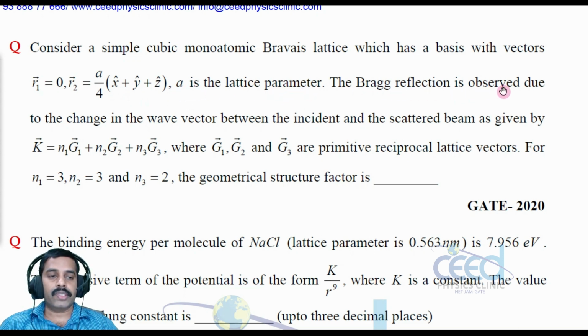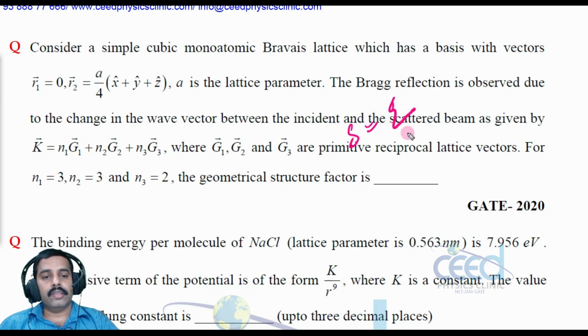The Bragg reflection is observed due to the change of the wave vector between the incident and scattered beam as given by k equal to n1 g1 plus n2 g2 plus n3 g3. Right. So g1, g2, g3 are the primitive reciprocal lattice vectors. For n1 equal to 3, n2 equal to 3, n3 equal to 2, the geometrical structure factor is. So the geometrical structure factor is equal to